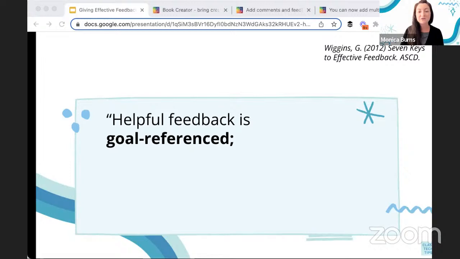Helpful feedback is goal referenced. So it's connected to the learning goal. I don't know about you, but I often think about doing a read aloud for students, right? And you've got this great book that you love, and I could talk about all sorts of things in many books, right? I could make a personal connection, a connection to the world. We could talk about context clues or using illustrations. Like that book, there's probably a lot of ways that we could talk about all the great things that are